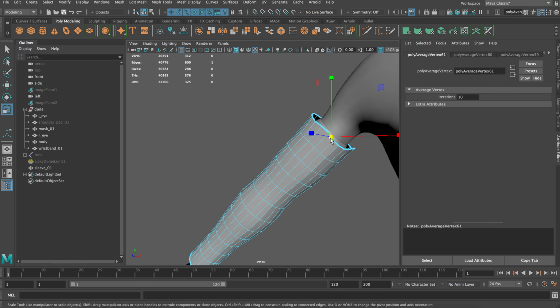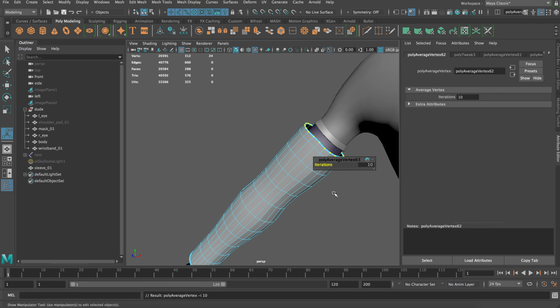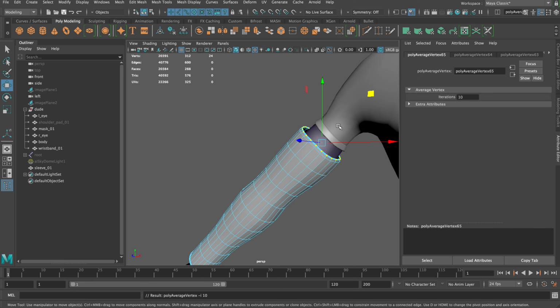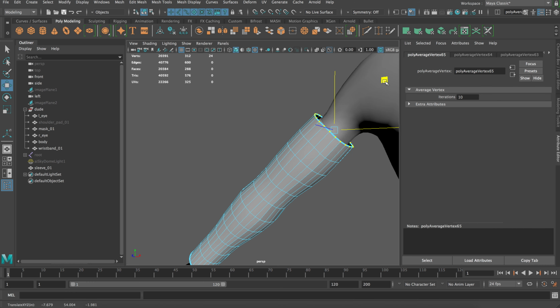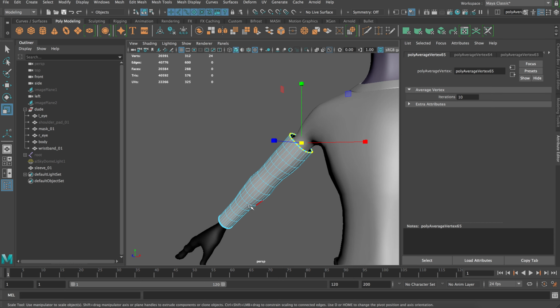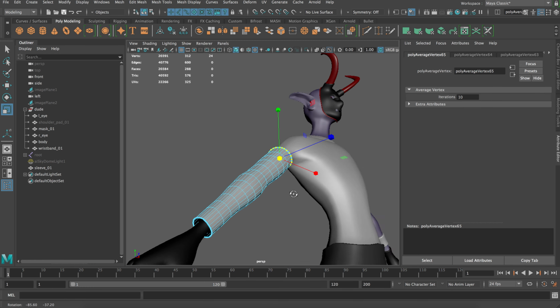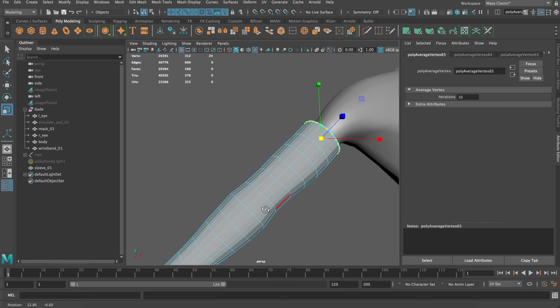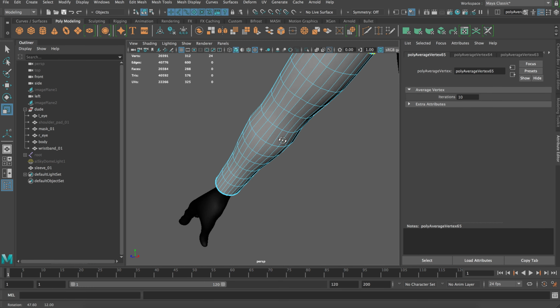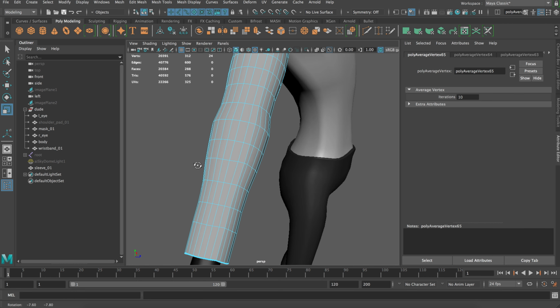Not too bad. Same thing on this one. I grab that and then just pull it back up, scale it out a little bit. So with a pretty insignificant amount of work, we can get some fairly nice